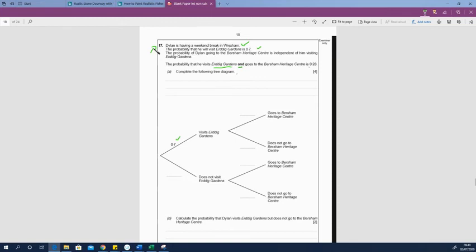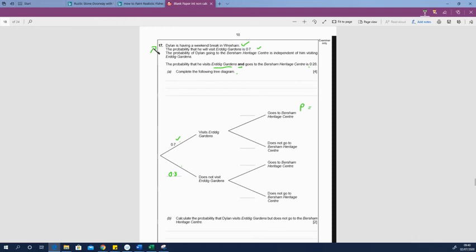Well, we know that the branches of the tree diagram add to 1. So this set of branches here will add to 1. So 1 minus 0.7 is 0.3. So we can fill that in. But we don't know what numbers go here to enable us to fill it in. But what we do know is that the probability of him going to Erddig Gardens and Bersham Heritage Centre is